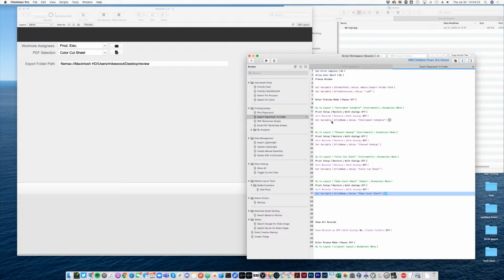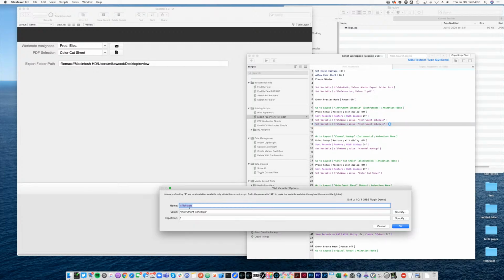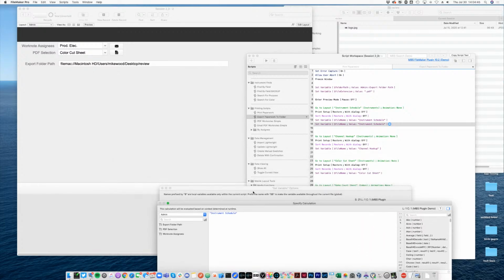Okay, and then I'm going to pop that file name, file extension, and folder path together. So I'm going to do a set of those, and again, once you get this initial one done, then you're pretty much good to go. So I like to say folder path is just the folder, then the file path is the direct path to the file itself. So we're going to specify this, and it's going to be